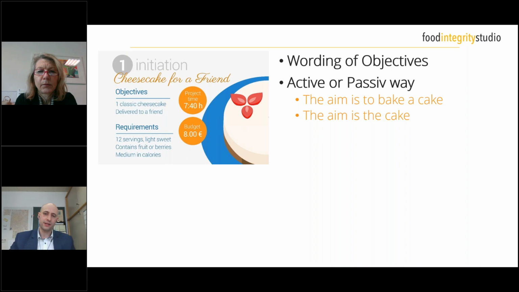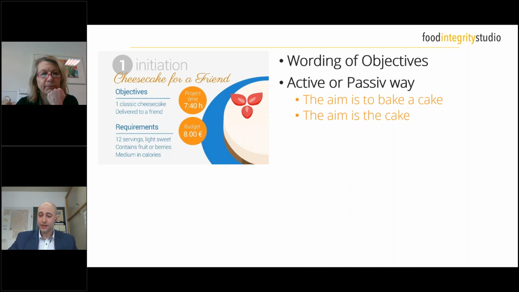So the aim is not the baking itself. The baking is a process which contributes to achieving your goal of having the cake in the end, but the overall goal of your project is the cake and having the cake delivered to your friend. This is quite interesting because very often when we talk about research projects, the aim or goal of the project is the development of a solution, the development of a new product, and very often it's not the product itself or the solution itself. There is no discussion on what is right or what is wrong. It simply depends on your project,